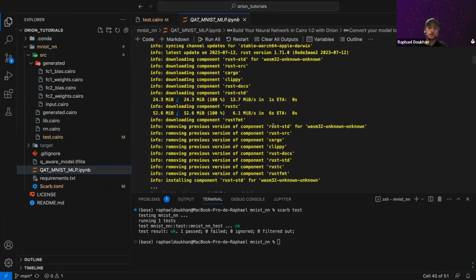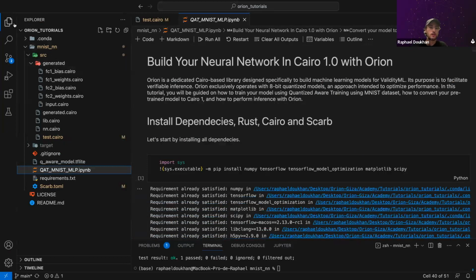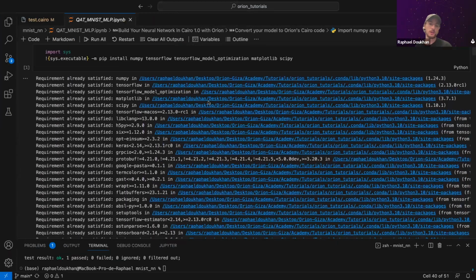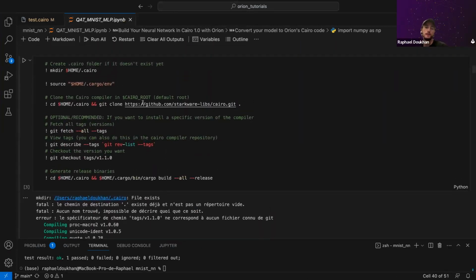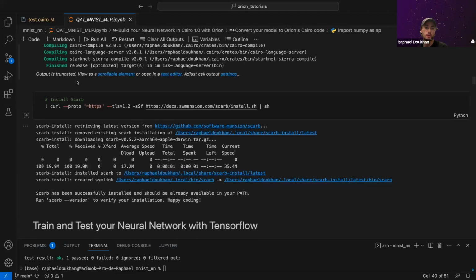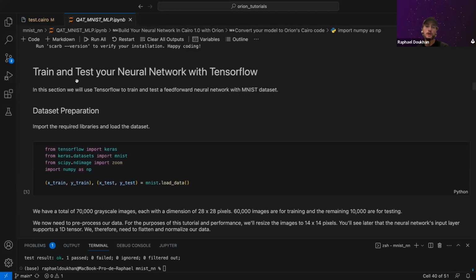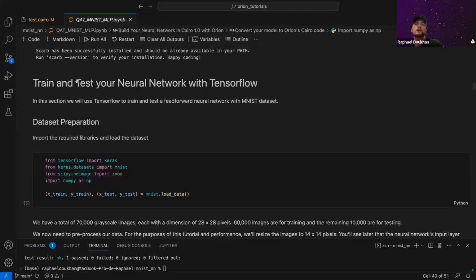So here, let's start from the beginning. Here I just import everything, the requirements. I install Rust and Cairo in my notebook. Then what we will do first is train our model with TensorFlow. I'm not using ONNX here because it's really simple and the transpiler was not mature at that moment, but the process will be: you train your model, you convert it to ONNX, you can quantize it because we are working only with quantized data for the moment, and then you can transpile it and then do the inference.